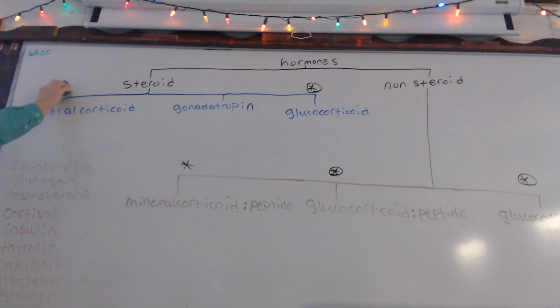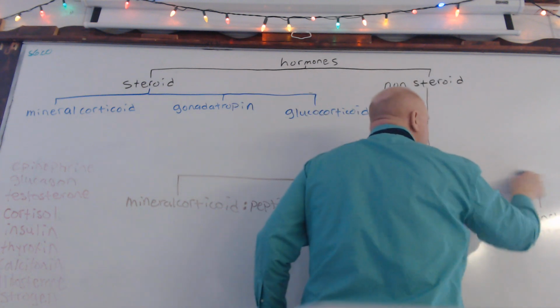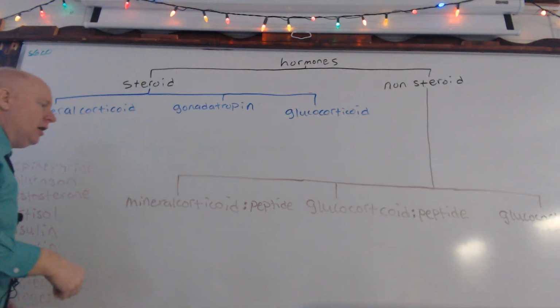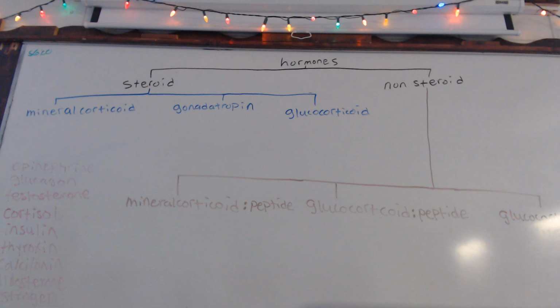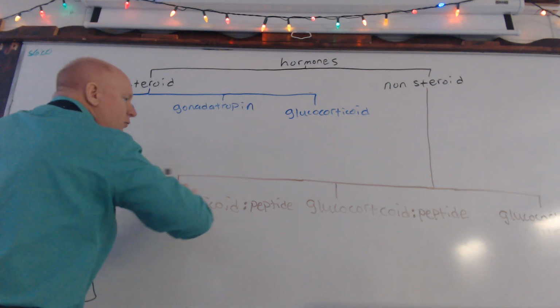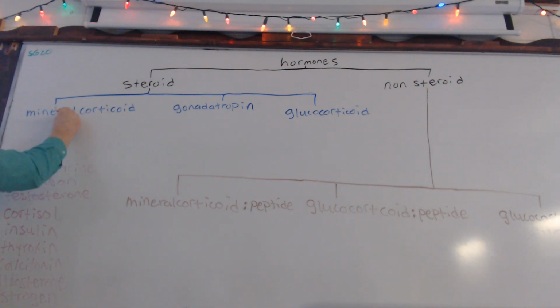Okay. So now, the clue, you could say, is sort of in its name. If it is a mineralocorticoid, chances are, what's it going to control? Minerals. If it's a glucocorticoid, it's probably going to control what? Yeah, sugars and glucose metabolism. Okay, so we'll just start right on down the line. We'll work left to right. So a steroid hormone that also controls minerals is perhaps which one of these hormones that you see here?